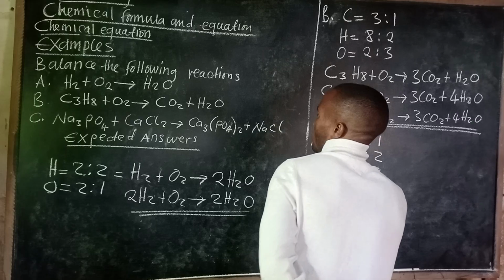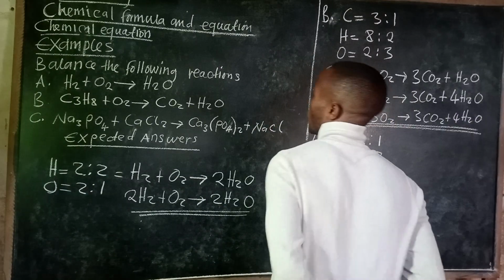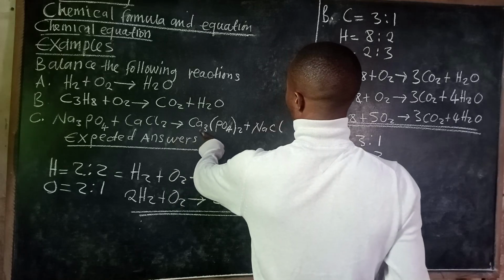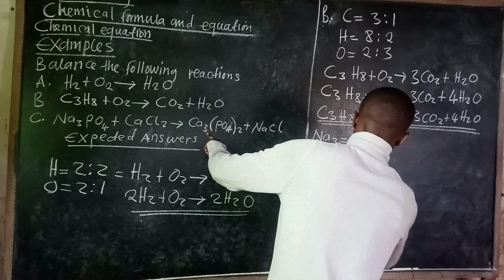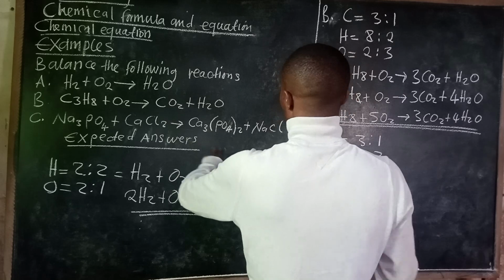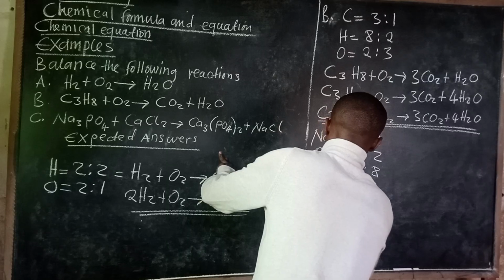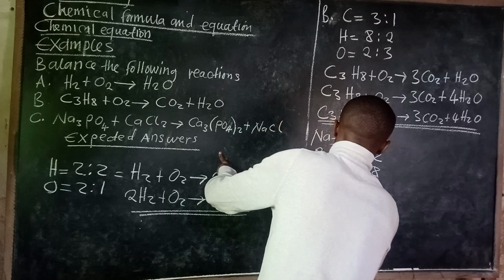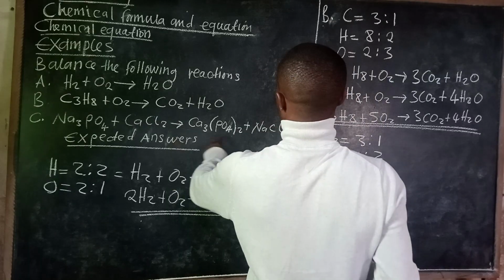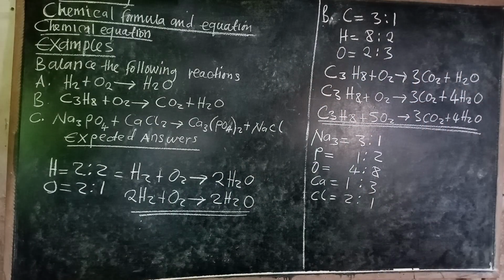Calcium, this side we have 1. Reactant 1. Then 1, 2. This side calcium is what? 3. Okay. Then we go to the last one, chlorine gas. Chlorine gas, we have 2. This side 2. Then here 1. Okay. So having identified the elements together with their atoms,